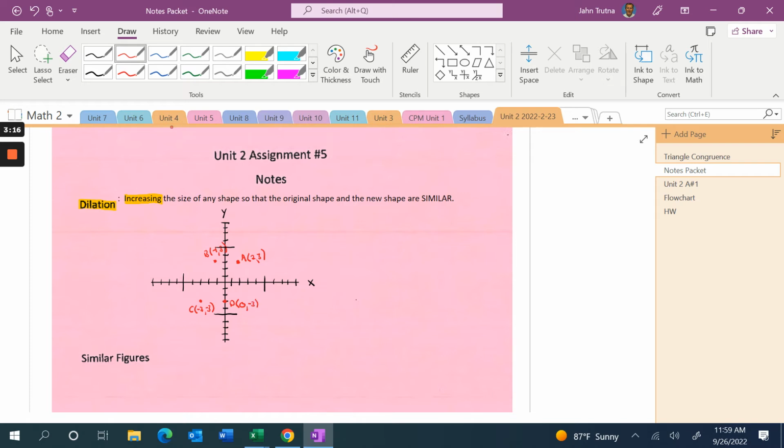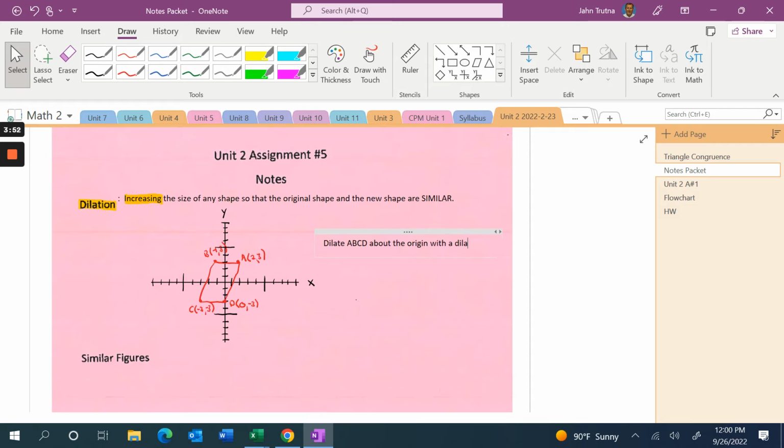And then I'm going to connect A to B, B to C, C to D, D back up to A, to make a parallelogram. So you can see that this is a parallelogram, what I have just made. And what I am going to do is dilate ABCD about the origin